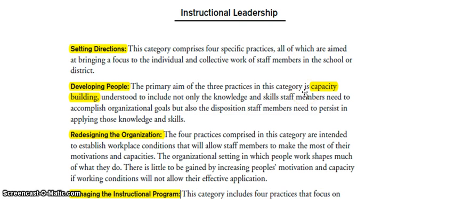When we look at instructional leadership from the article, it talks about setting directions, and I think that goes to the visionary planning and the ability for a leader to know what needs to be done in moving the group forward. That could be through transformational leadership, through contingency by putting the right leader into the situation that requires them, or situational, adapting your style to meet the needs of the folks that you're leading. And developing people.